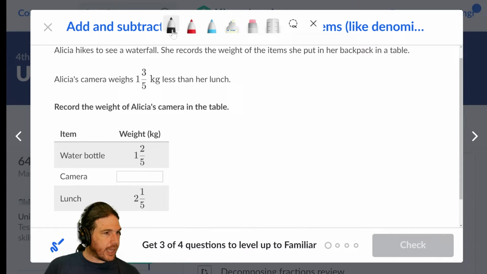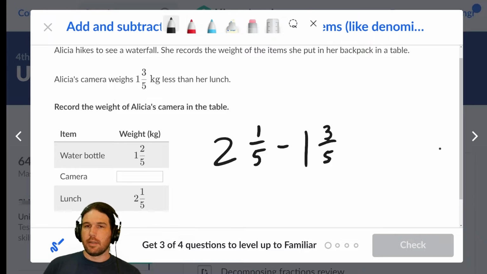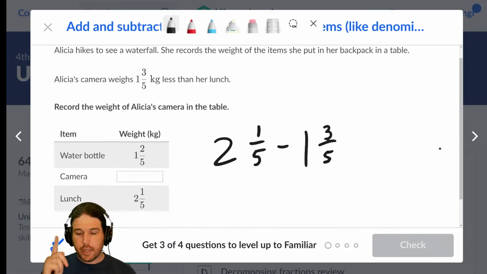So we're going to take her lunch, which is 2 1/5, and we're going to subtract the 1 3/5 of her camera, because it says that her camera weighs that much less, right? When it says it weighs that much less, we're doing subtraction. Again, code words. Okay, well, I can already see right now that 1/5 minus 3/5 is going to take us